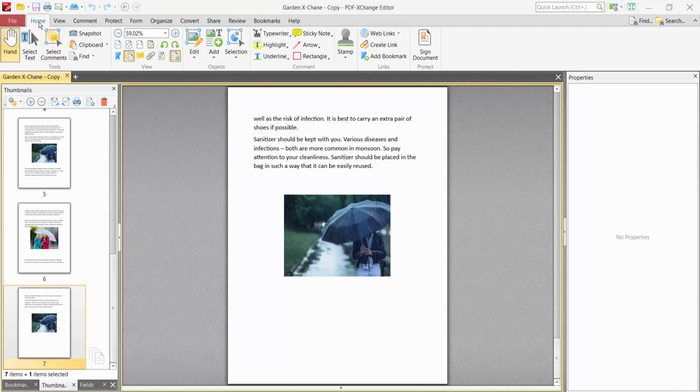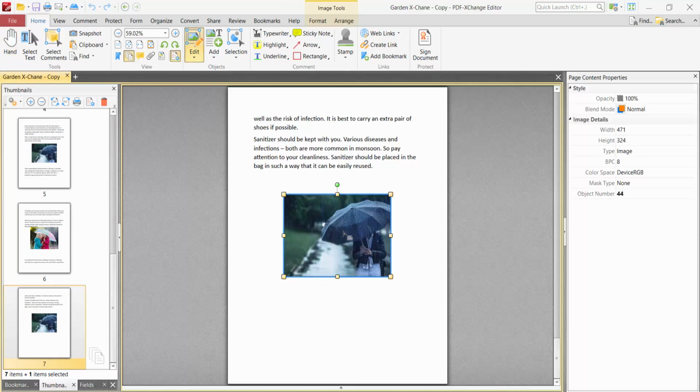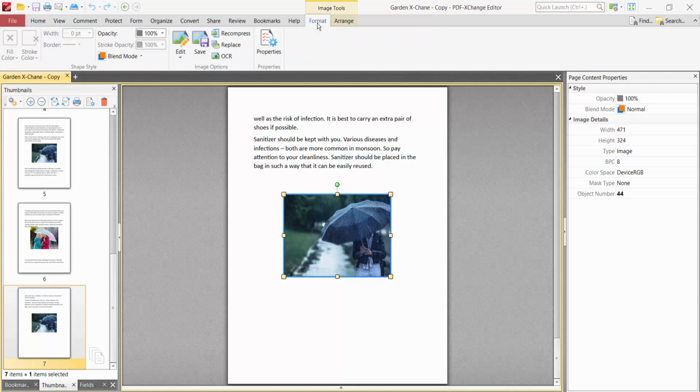Click on this home option. Now click on edit option and select image option and click on this image and select. Now select this format option. Here you will find this replace option. Click here